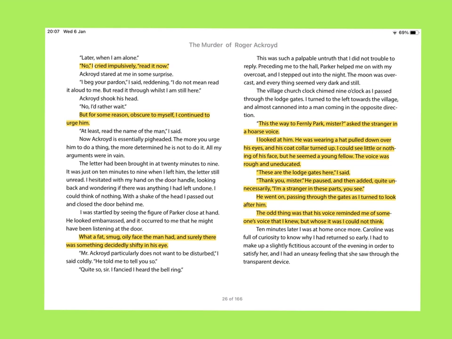Look at this deceit towards the reader, though, okay? So we know why this happens here, but look at the thing that follows it. But for some reason, obscure to myself, I continued to urge him, Roger Ackroyd, to read who Mrs. Ferrars names as her blackmailer. Now, this is the deceitful bit. This is the lie, okay? It's not obscure to James Shepherd as to why he wants Ackroyd to read the name out. He wants to know if he's been named and labelled as the blackmailer. So early on, this is an absolute moment of deception from the intradiegetic narrator.